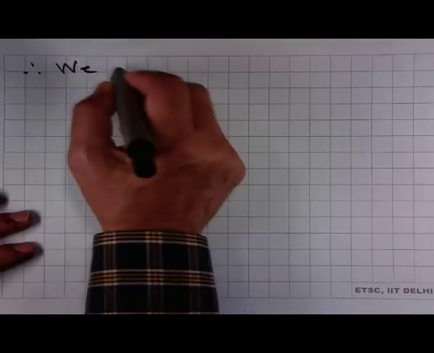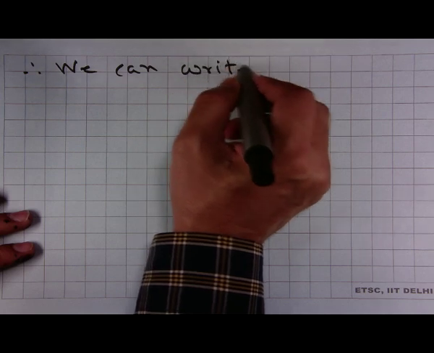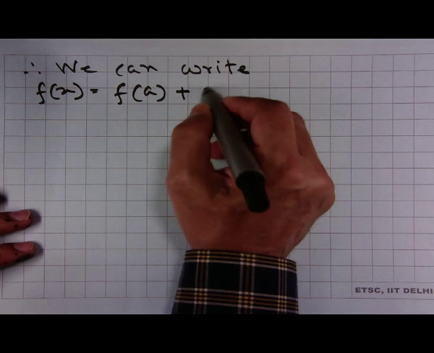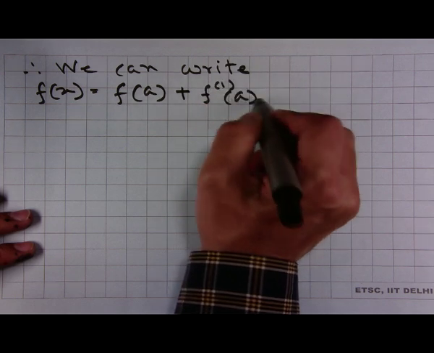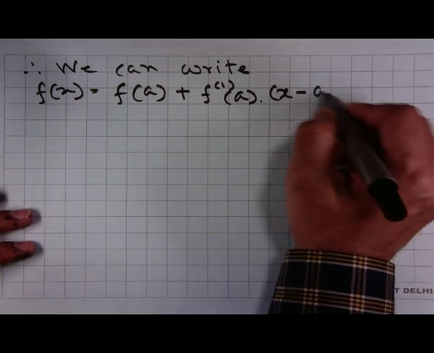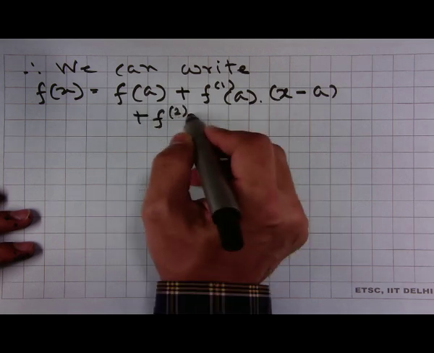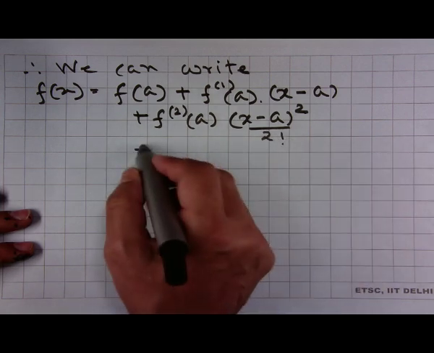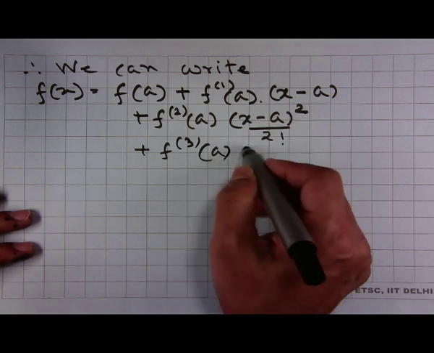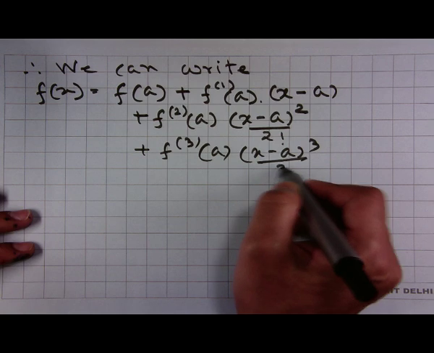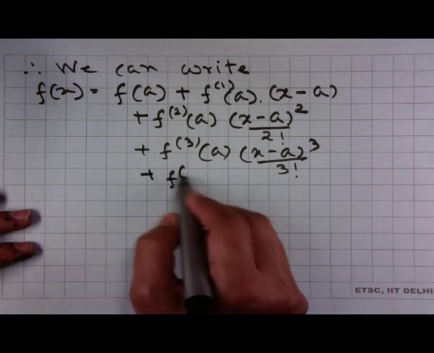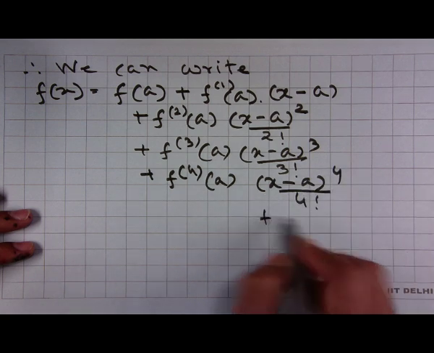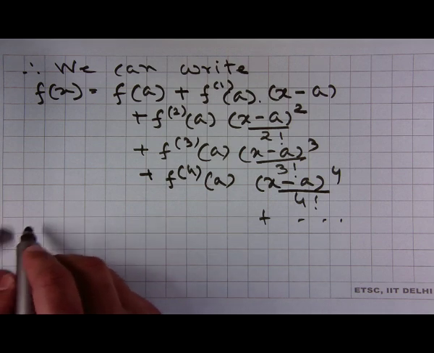Therefore, we can write f(x) is equal to f(a) + the first derivative of f at a into (x − a) + the second derivative at a into (x − a)² upon factorial 2 + the third derivative at a into (x − a)³ upon factorial 3 + the fourth derivative of f at a into (x − a) to the power 4 upon factorial 4, like that, and putting the values